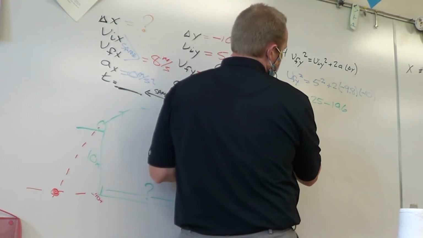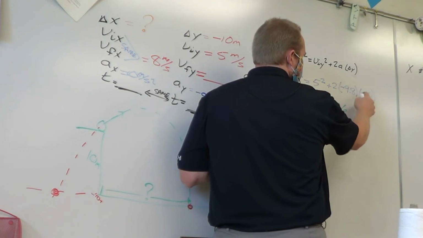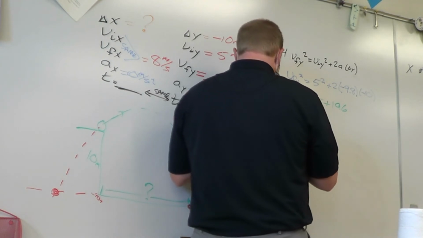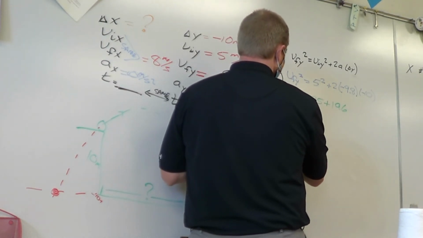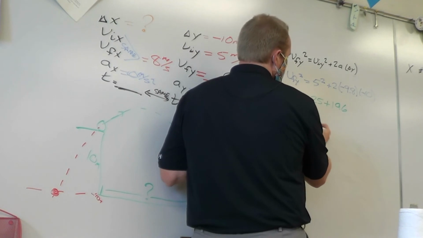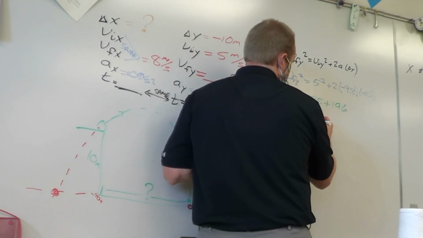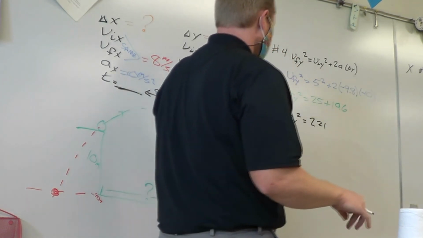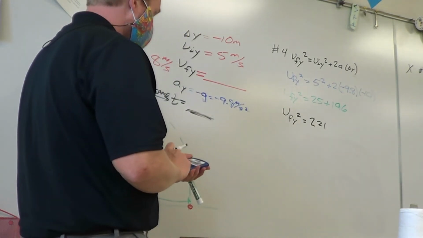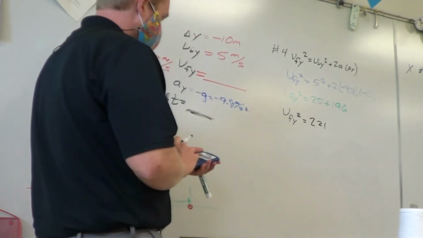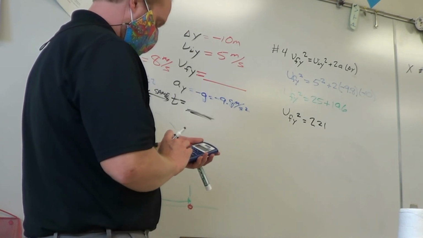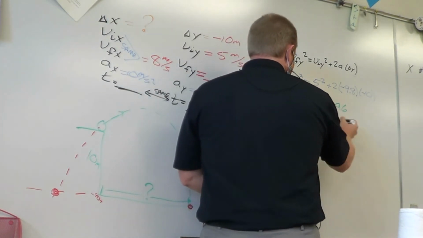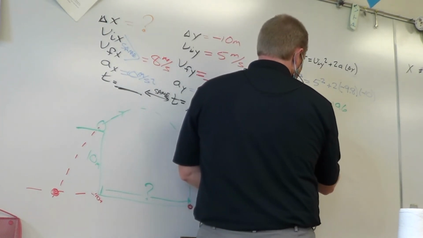Okay, so then, oops, negative and a negative give me a positive. So my final velocity in the y direction squared is equal to 221. That doesn't seem right. Oops, that is not what it is. Yeah, 221. Then we take the square root, and my final velocity in the y direction is equal to